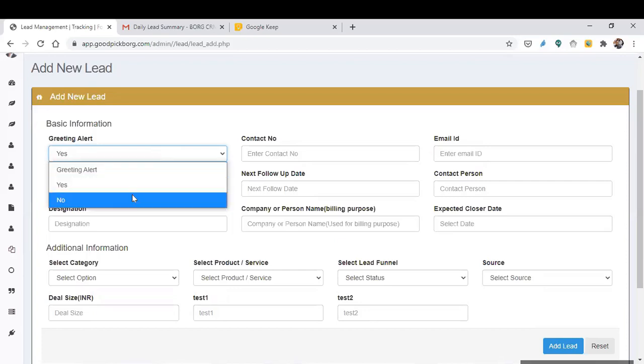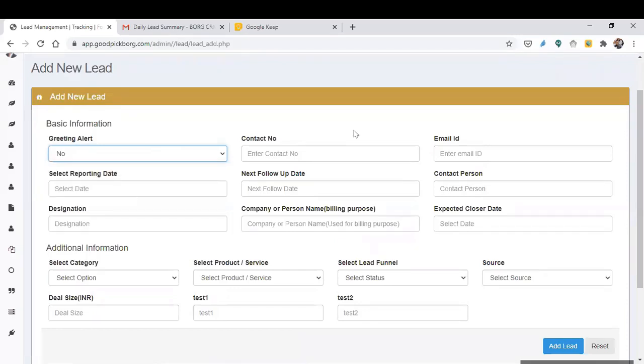Now another type of alert is the follow-up alert. Most of us keep asking the Borg CRM team what kind of alerts the team will receive. We have already discussed the next follow-up date in the new lead video and the introduction of Borg CRM, what it is and what role it plays in follow-up. The next follow-up date means whenever the next follow-up is scheduled for a particular lead, you are supposed to enter the date.